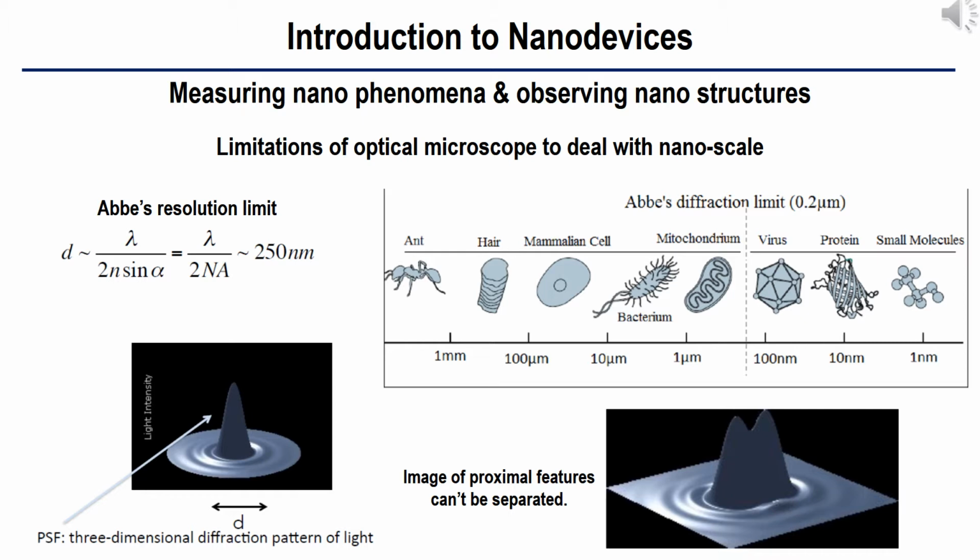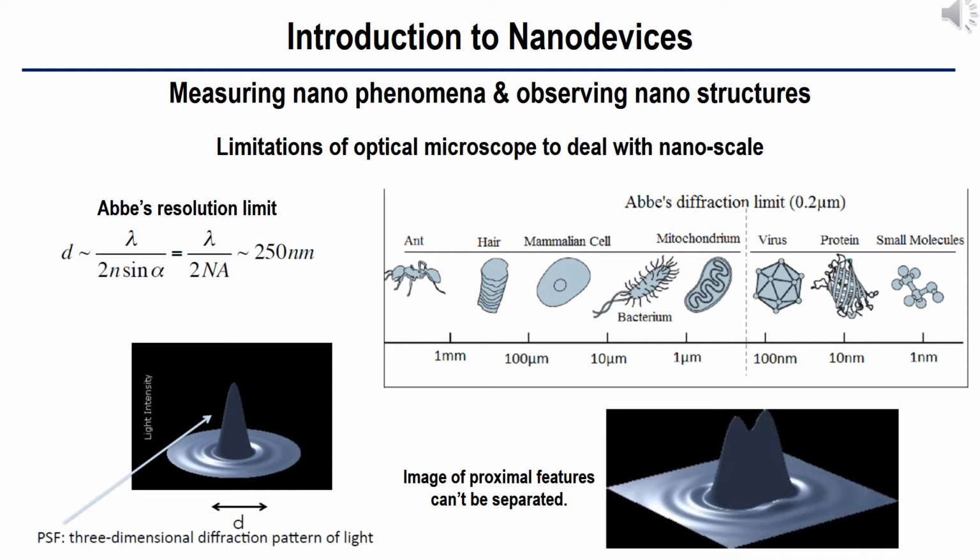Due to optical diffraction, there exists Abbe's resolution limit, which indicates the separable resolution d is linearly proportional to the wavelength lambda. For typical visible light, this resolution has a minimum limit of 250 nanometers. This means that we can't see or measure the nanoscale materials or devices by just using optical apparatus such as